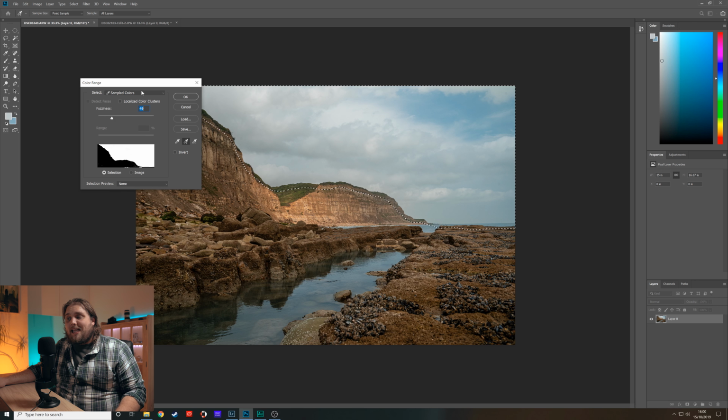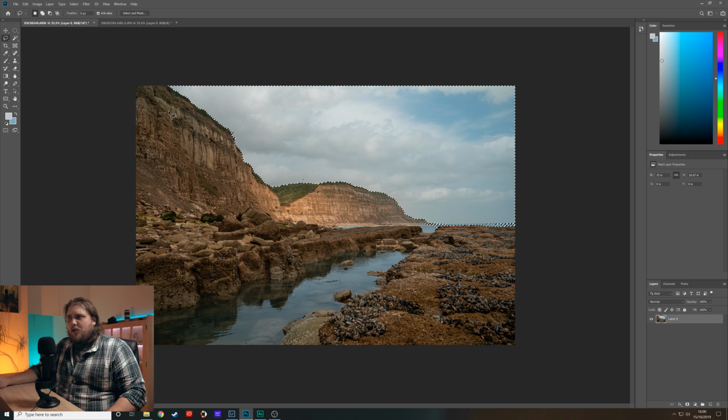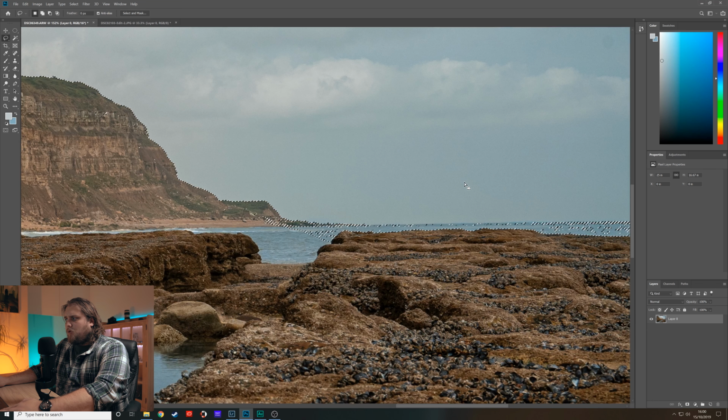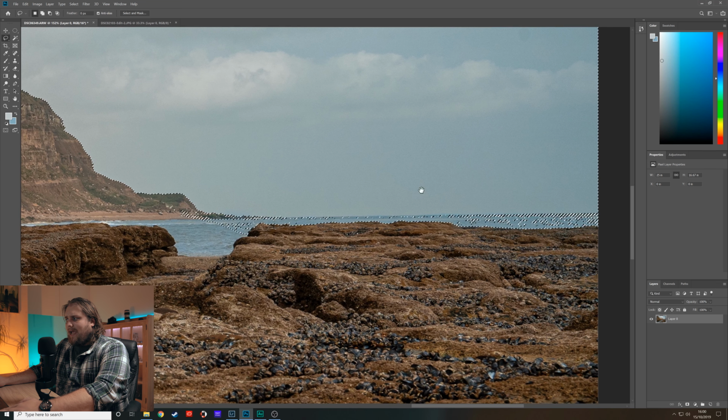I think I'm probably going to keep it at that. We are going to be selecting a little bit of the sea, but that's fine. We can come in and just refine that in a moment. Let's go ahead and press OK, and you can see that has now snapped on, and it is selecting the sky itself. We can now go down here using Alt and the scroll on the map. We can actually zoom in to where the sea is, and you can see, yes, we have selected a little